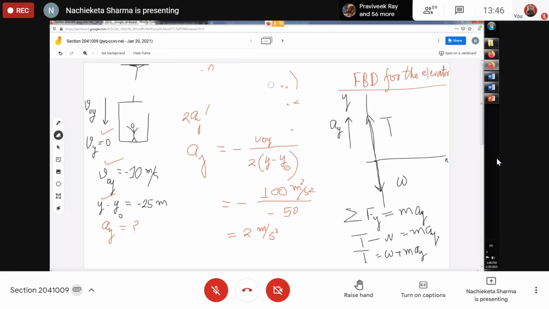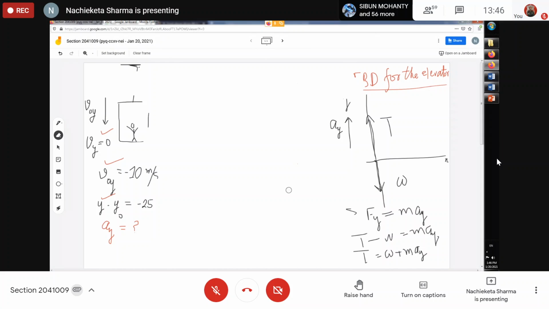Though that problem is also like example 5.2, it is not in your lesson plan, but we have to do it in order to understand the concept of apparent weightlessness. What does that mean? Okay, so now we got that the tension in the supporting cable of the elevator should be equal to